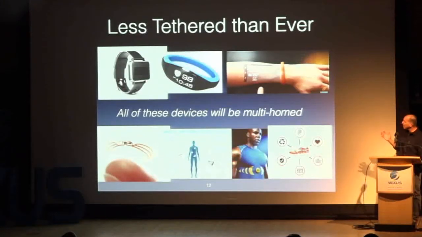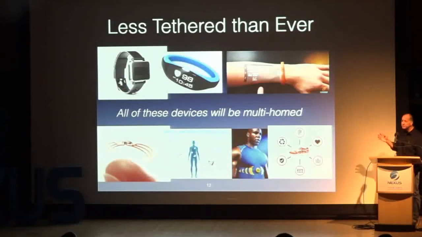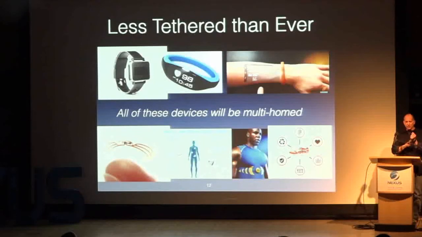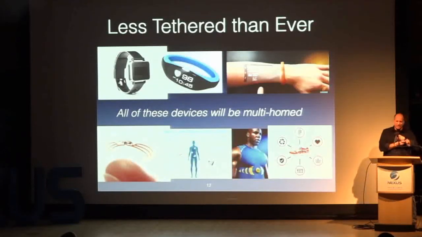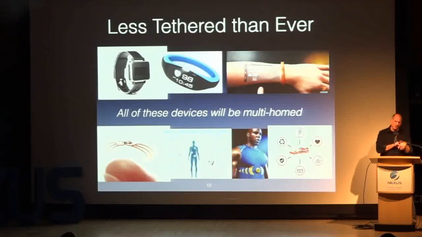This is no surprise. We're less tethered than ever. We're going to have so many devices that are going to have IP addresses, and we're going to always be moving around. All these devices will be multi-homed because they're going to have multiple ways of connecting. We found out that Apple just last week said this is going to have an LTE interface, and it also has a Bluetooth interface. So it's going to go directly to the internet, and it's going to use the iPhone as a hub to send packets. It also has Wi-Fi on it as well. So why can't we use all those interfaces when it best serves us?